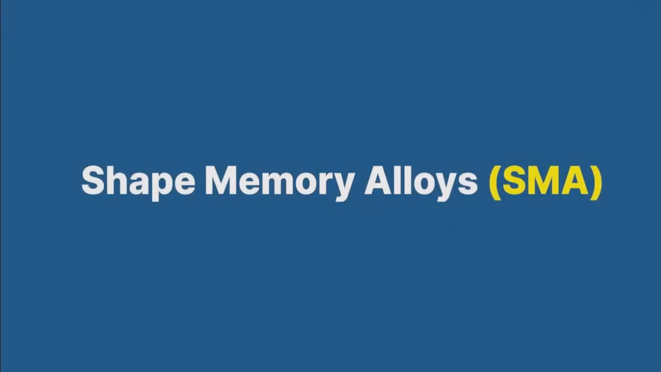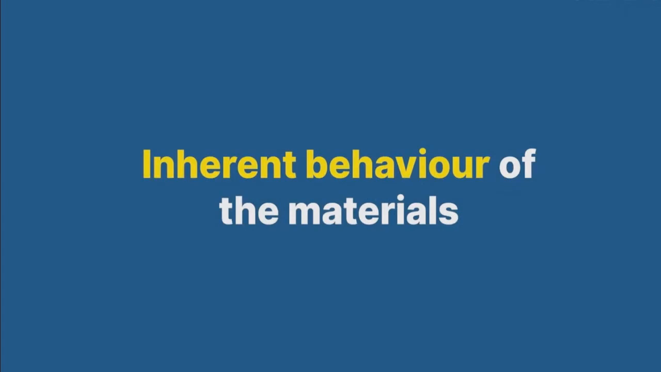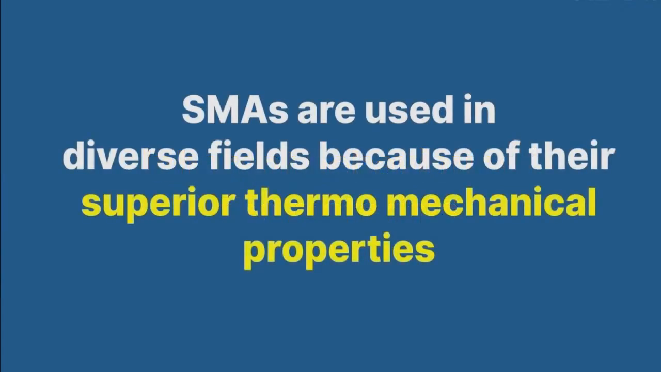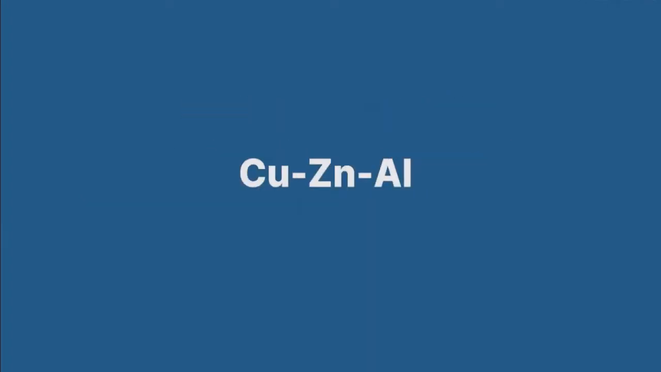We are going to discuss certain materials called shape memory alloys that can remember their shape. The specific nature of the shape memory alloys is due to the inherent behavior of the materials. Shape memory alloys are used for diverse fields of application for their superior thermomechanical properties. The most common